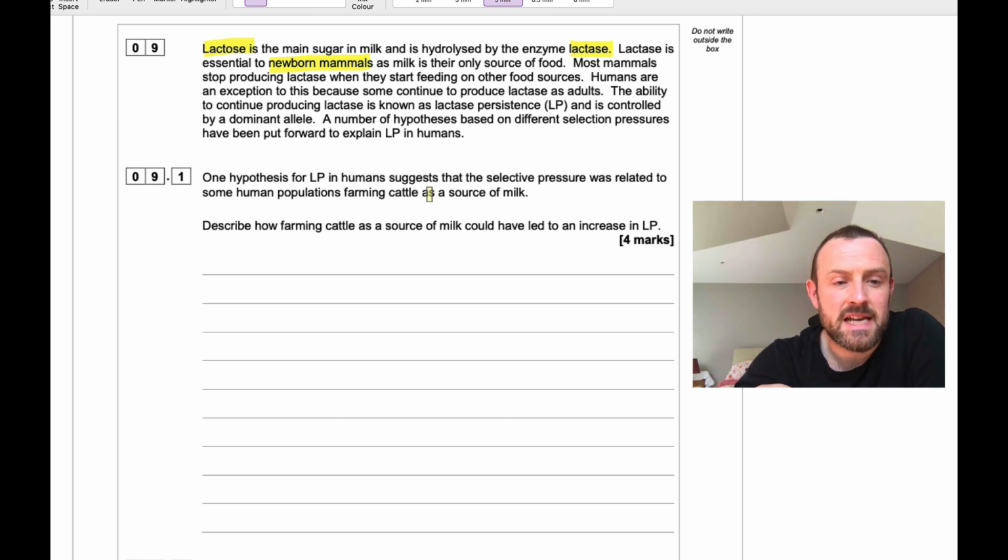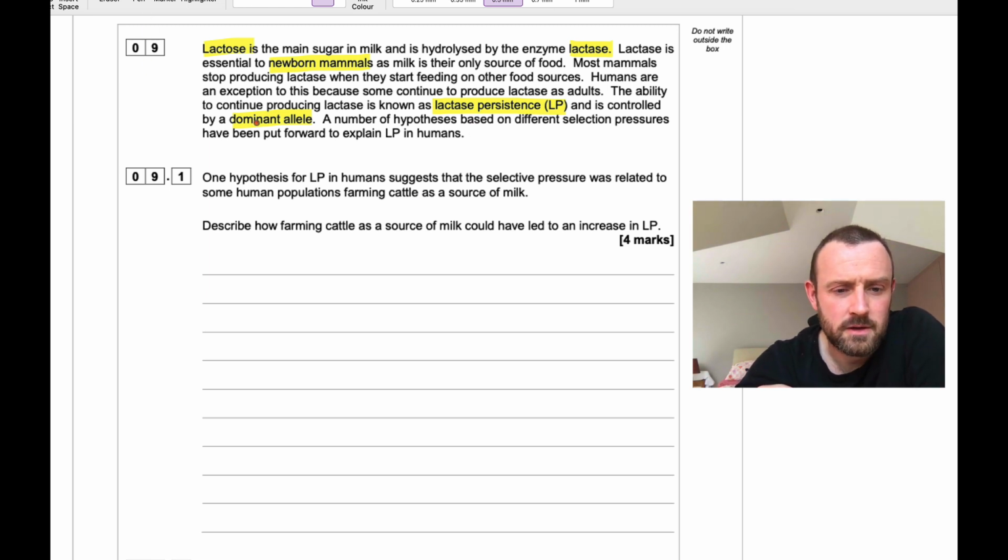The ability to continue producing lactase is known as lactase persistence, LP, and is controlled by a dominant allele. A number of hypotheses based on different selection pressures have been put forward to explain lactase persistence in humans. One hypothesis for LP in humans suggests that selective pressure was related to some human populations farming cattle as a source of milk. Yeah, okay, so